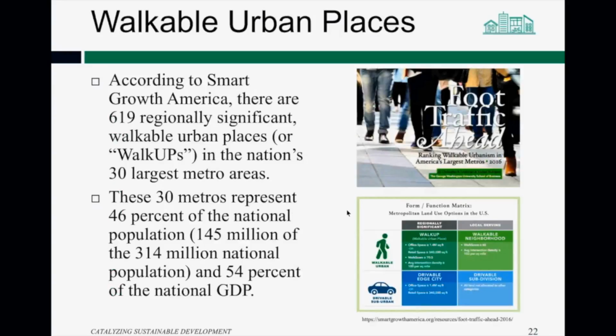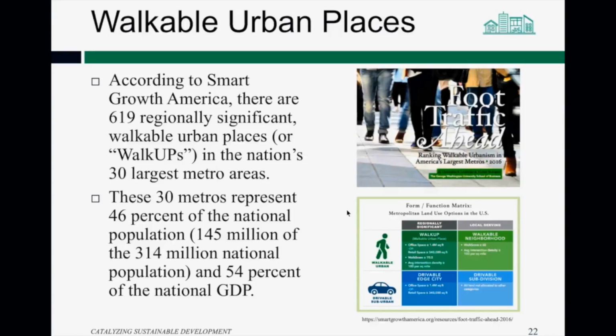Okay, so there's an organization called Smart Growth America, which is a nonprofit organization nationally focused on promoting smart growth. And so they've done a whole study and they published a ranking last year in 2016 called Foot Traffic Ahead. They basically said that there's 619 regionally significant walkable urban places, or walk-ups, in the nation's 30 largest metro areas. So they've basically done a lot of the legwork already to say, all right, here are the neighborhoods that you should be focused on throughout the country. And obviously, we're in a particular location. I think everybody on this call here is in the Bay Area, but